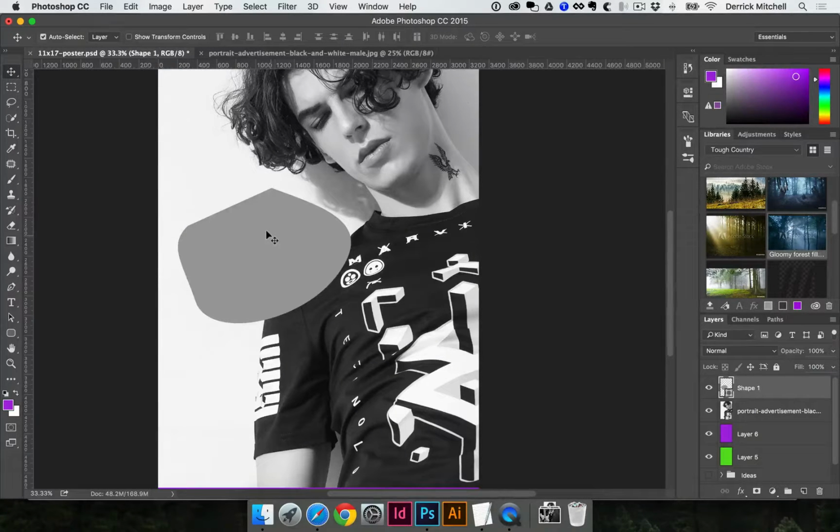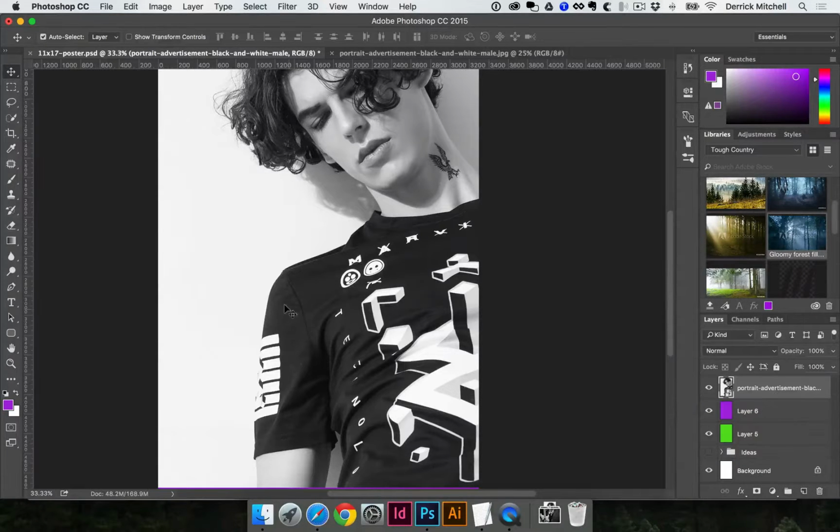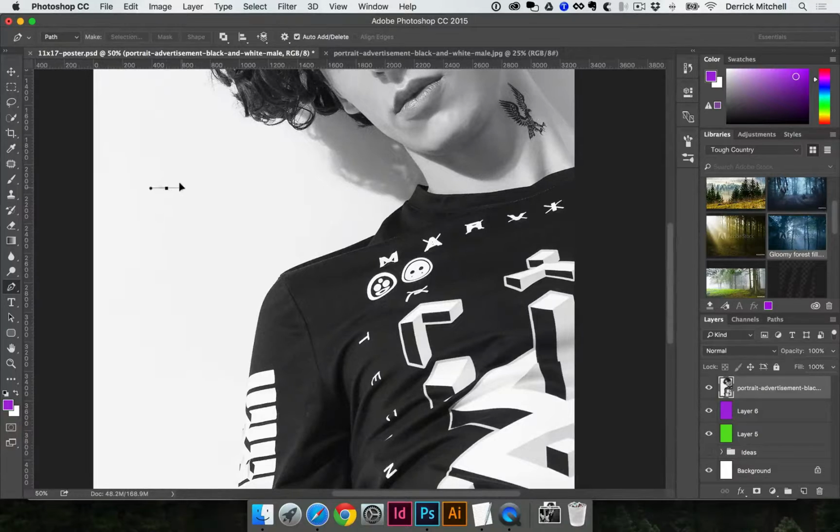So I'm going to delete that. My shape layer is still selected. I'll hit delete and it goes away. I'm going to hit P to get my pen tool, and I'm going to change this from a shape to a path. Okay. With the pen tool, again, this is something you'll need to practice, but you can click and drag